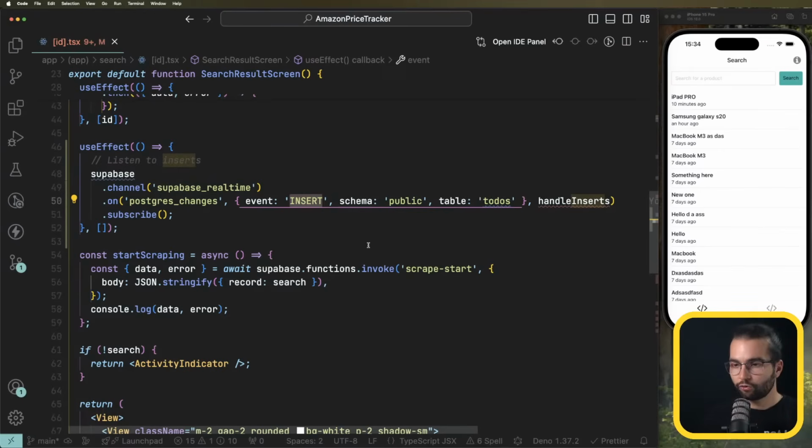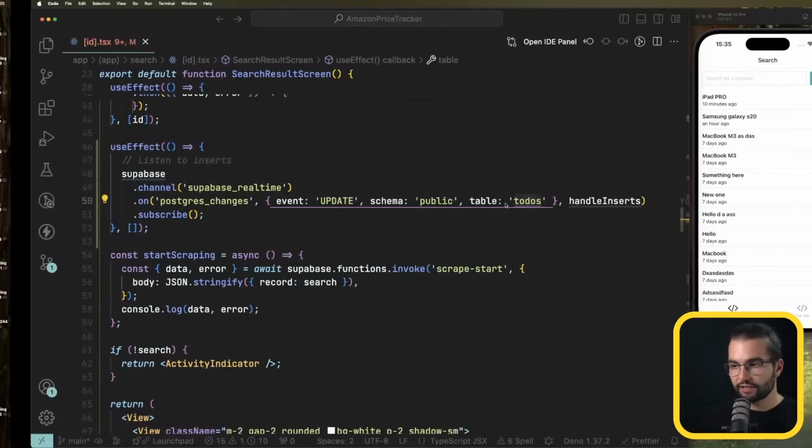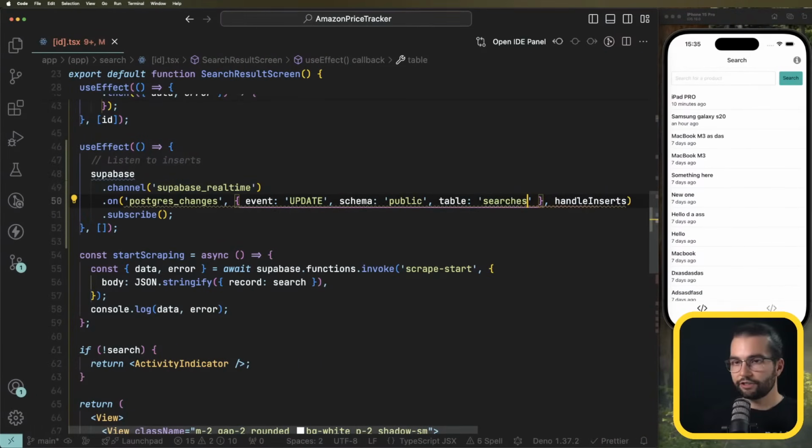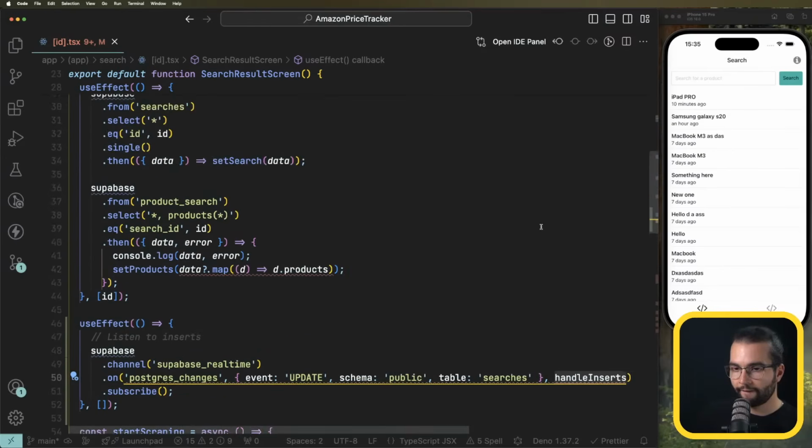I think I'm going to change the event to update. So when we update the schema public and the table, how's it called? Searches, I think. Searches. We want to do handle inserts, or we want to